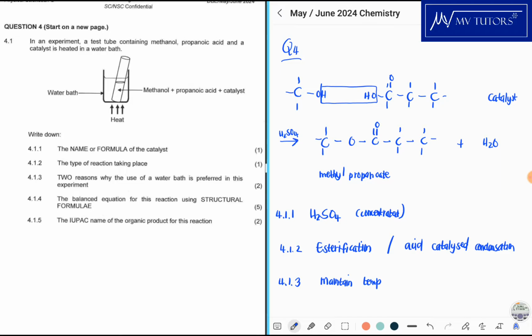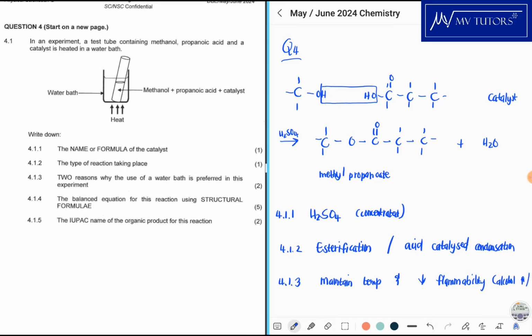So the water bath can maintain temperature, but also, because we're dealing with alcohol, it reduces the flammability, if that's a word. Reduce the flammability because an alcohol